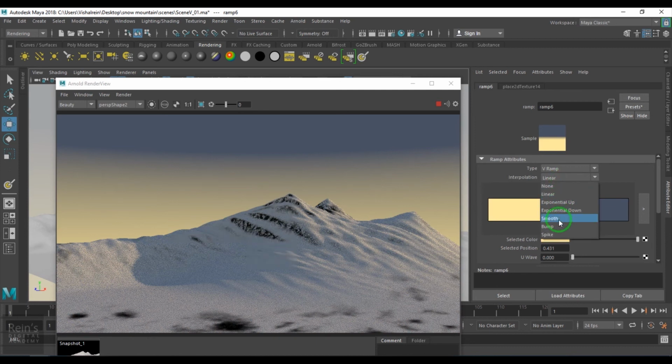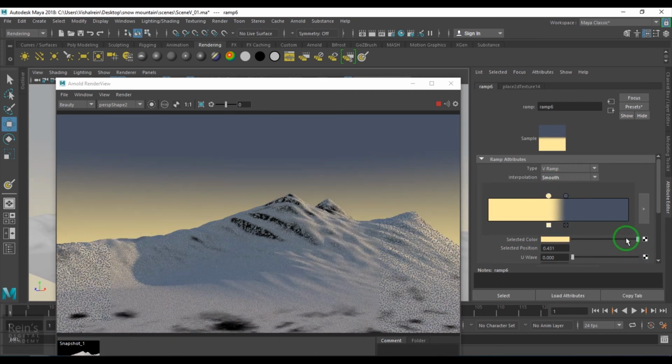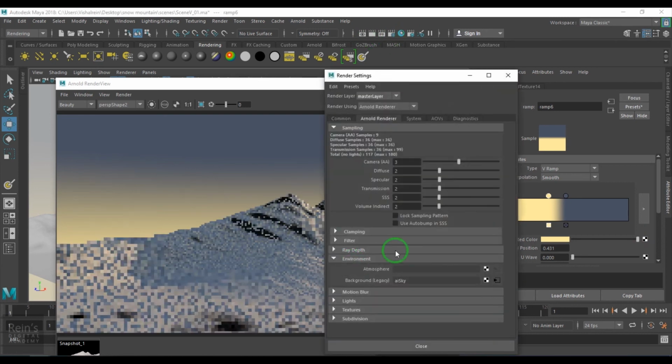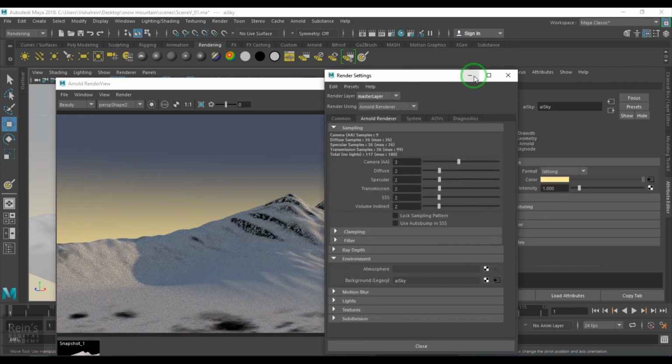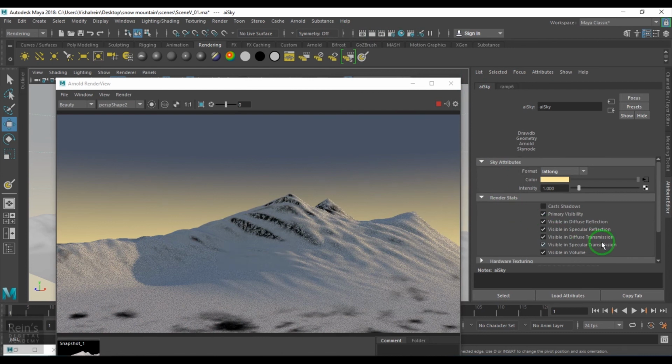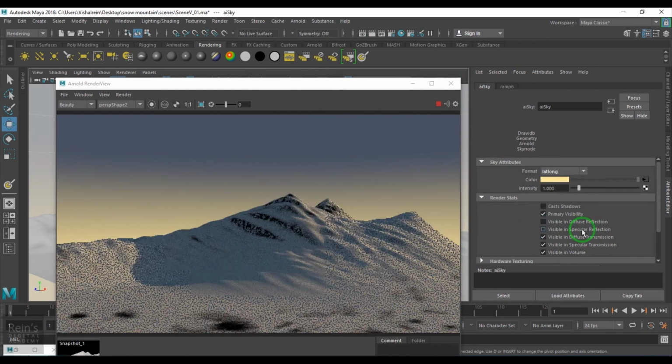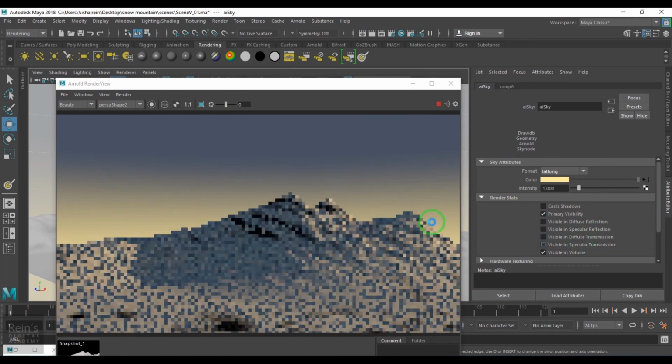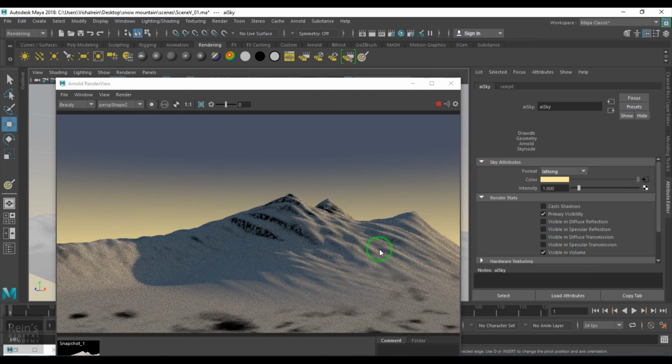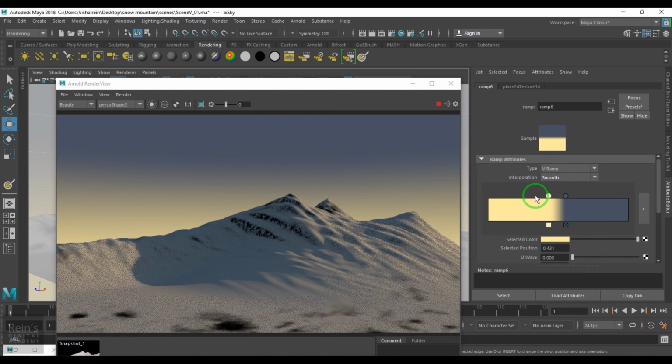Okay. Blending mode, I'll just put smooth, and in the selected color, okay, before getting into that, I just select the option here, and then visible in the lighting and all, I just disabled it. Okay, now I just select the blue color and then choose